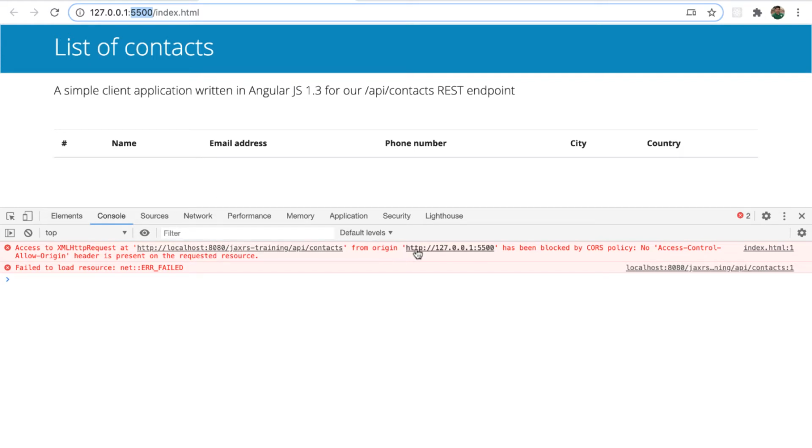Now this is actually called CORS or cross origin resource sharing, and browsers like Chrome follow this strictly, and they say that it has been blocked by CORS policy. No Access-Control-Allow-Origin header is present. Basically what Chrome is trying to do is navigate to this particular URL and expect the response to contain a header called Access-Control-Allow-Origin, which is not available. So as long as that is not there, we will not be able to access that.